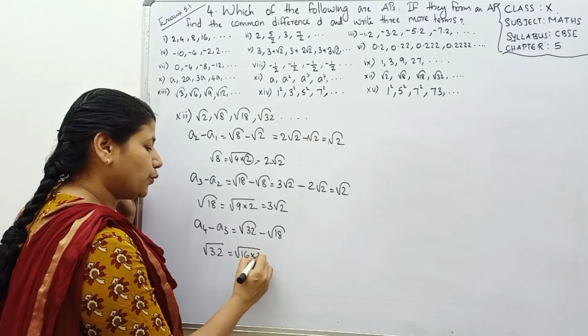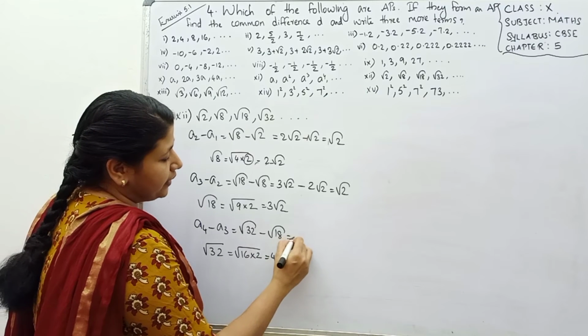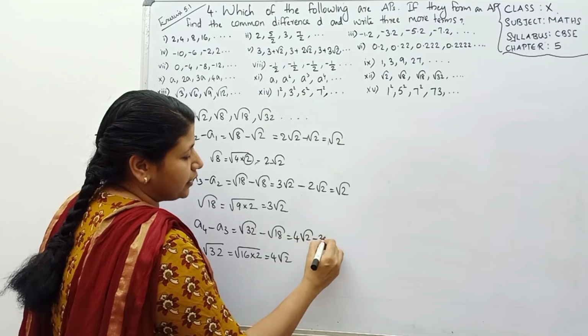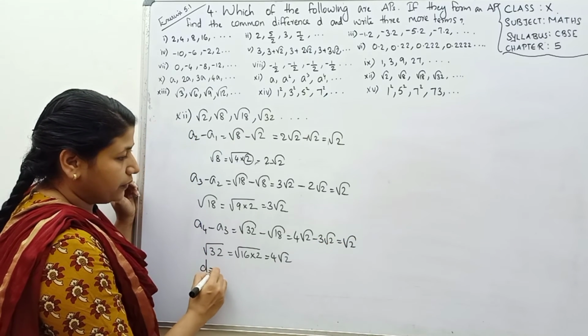Root 16 into 2, root of 16 is 4, that is 4 root 2. We can write 4 root 2 minus 3 root 2. Here also you will get root 2. So what is the common difference? Common difference is